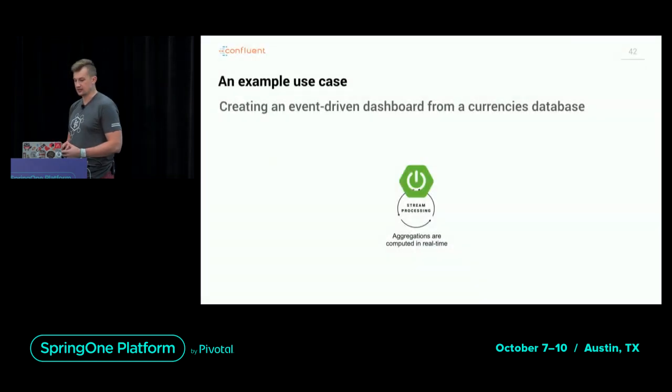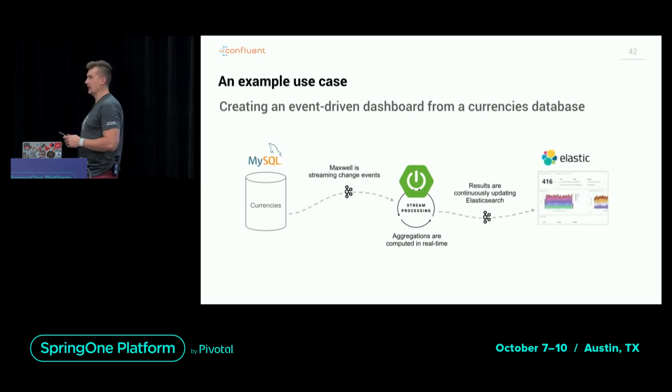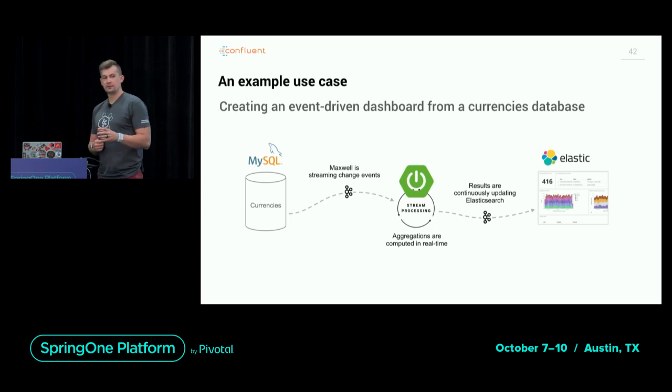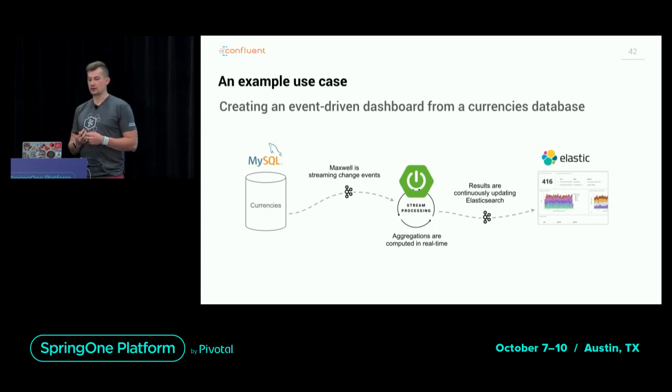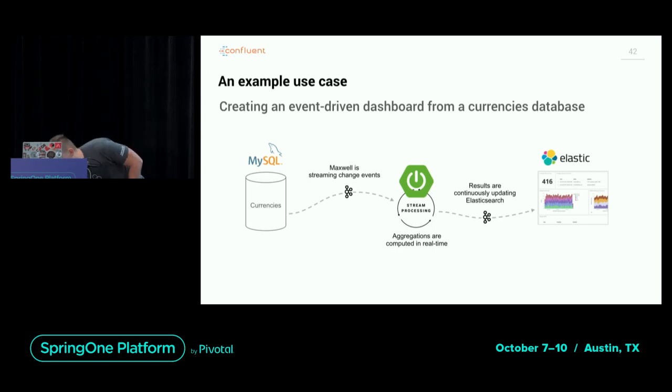So it's not continuous. We're going to be showing you a use case that includes multiple interesting components. First of all, we're going to be listening to the changes from the MySQL database, capturing these changes and doing some of the computation with Spring Boot. That will potentially land in Kafka, which enables you to build dashboards and other components.